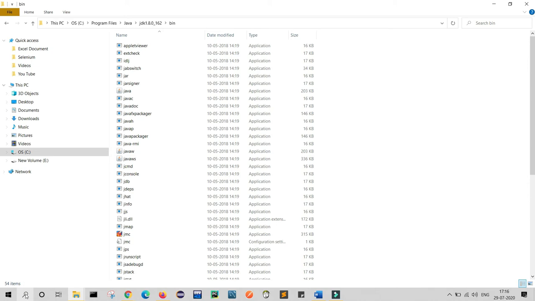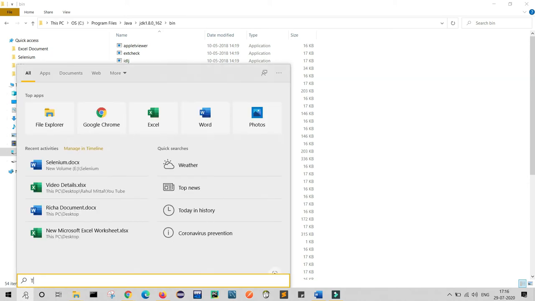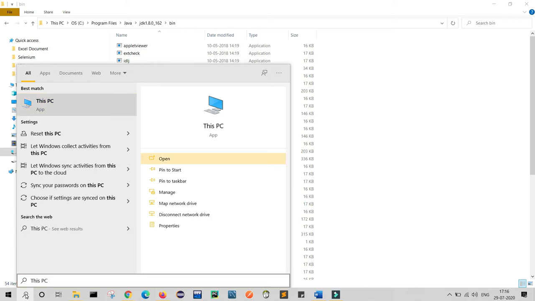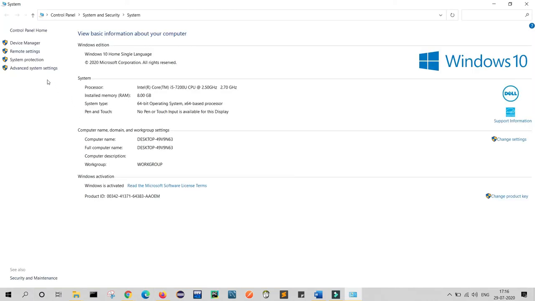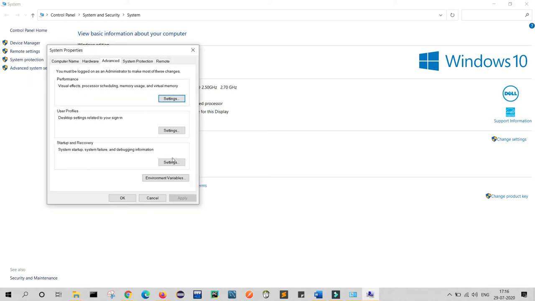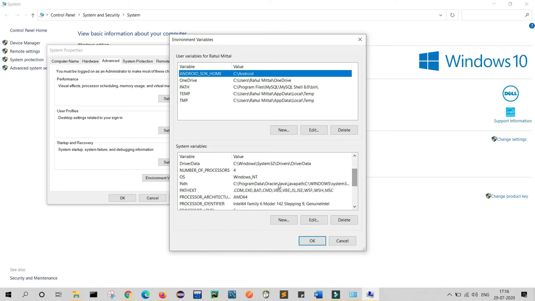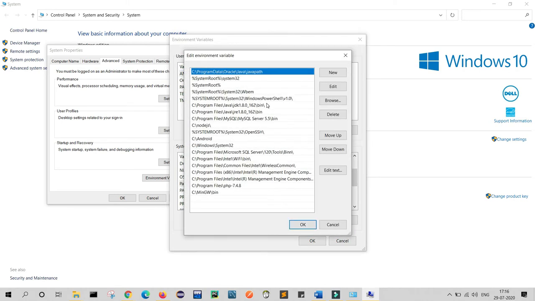For this we will go to This PC on your system and go to properties. In properties you can see advanced system settings. Click here, and you can see environment variables. Click here. In system variables, just move down. Here is the path, just click and click edit. Here I have already set my variable path.